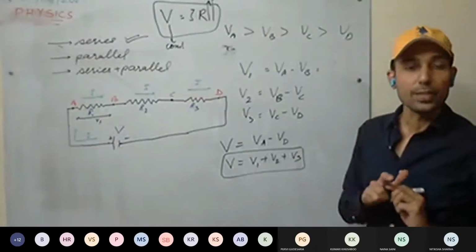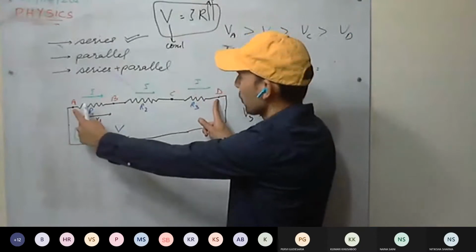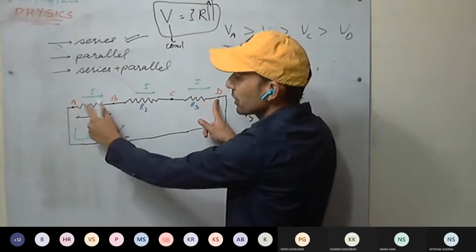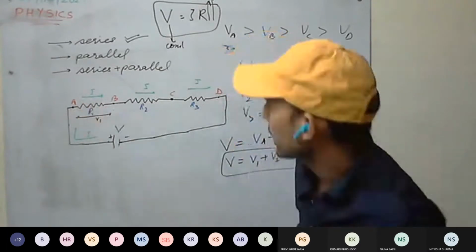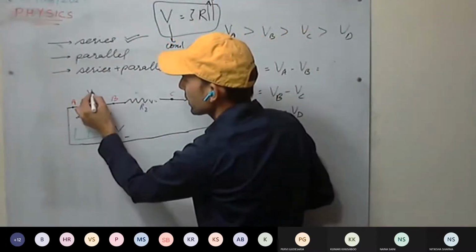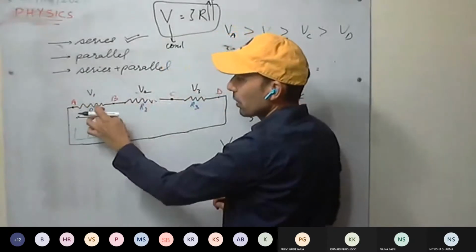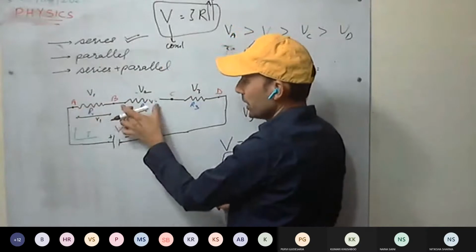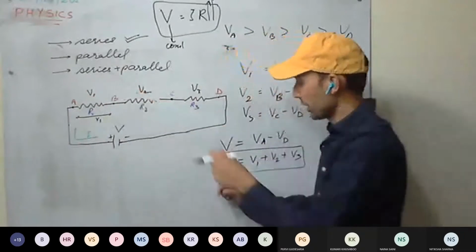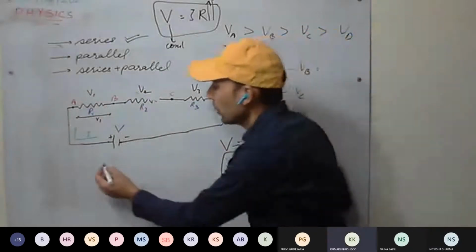You can see it this way as well. This was the total potential applied, that is the total potential difference across A and B. So the drop across the first resistance R1 is V1. See here, this is V2, V3. So total voltage will be V1 plus V2 plus V3. This you all know, because each resistance has a drop taking place.